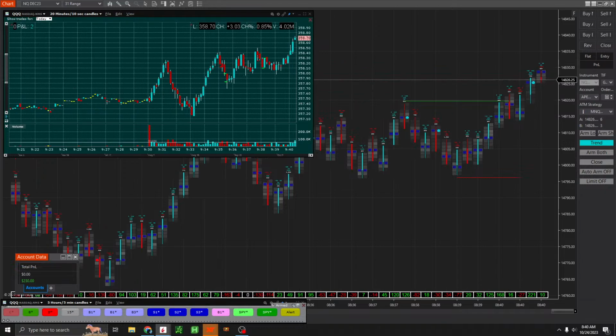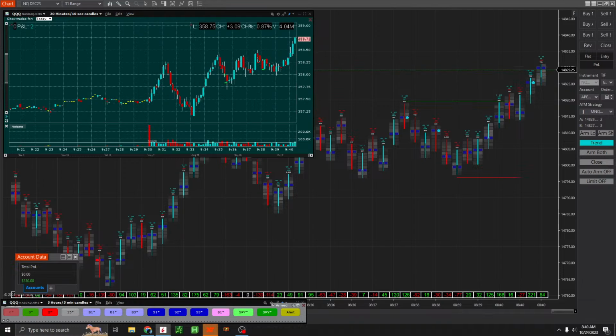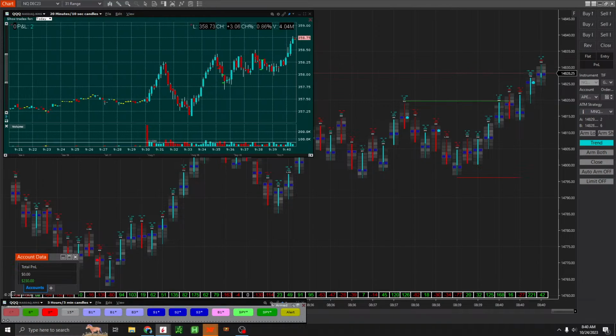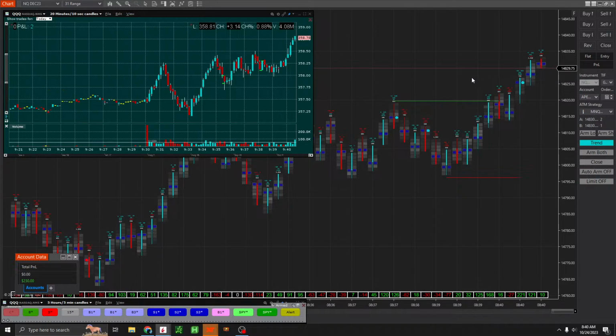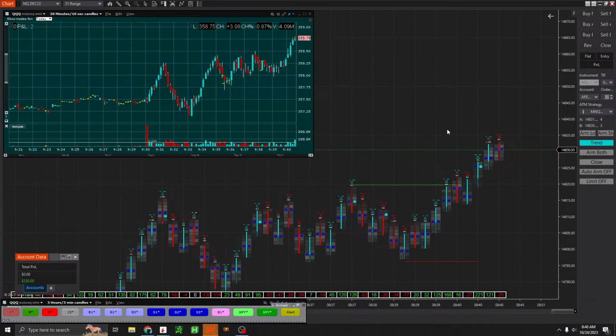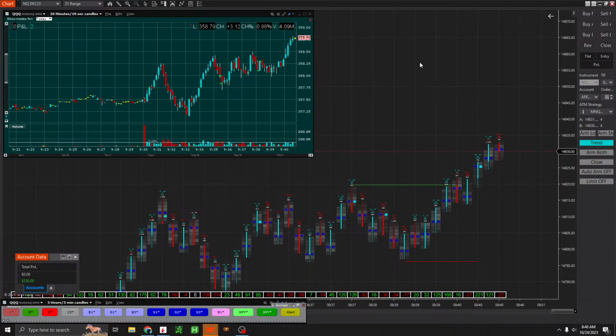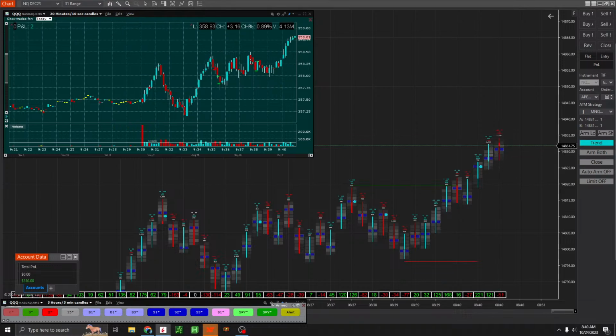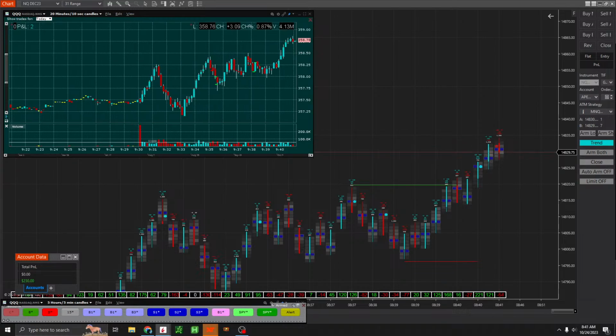One thing I need to figure out with this new indicator is it's loading a lot of data, so it's kind of slow to load. 23. 23, 25. So we're busting out. We have 5 minutes, so it's not really advantageous unless I see a really nice setup. I'll take it. But right now it just seems like we are pushing up. So also the count is at all-time highs now. Yeah, it's at all-time highs.